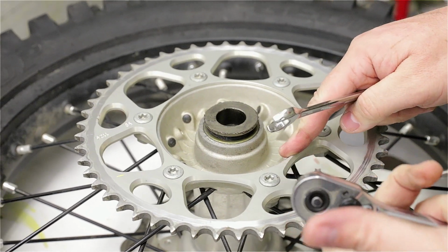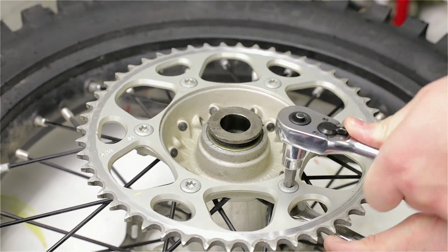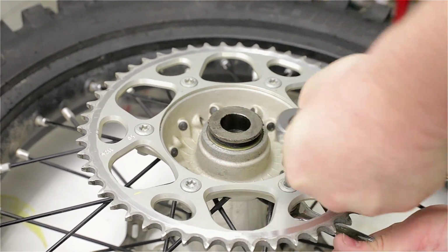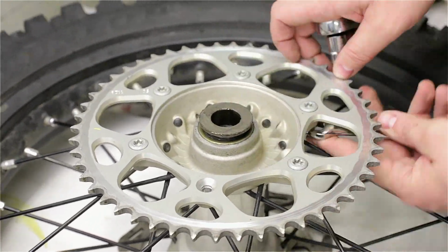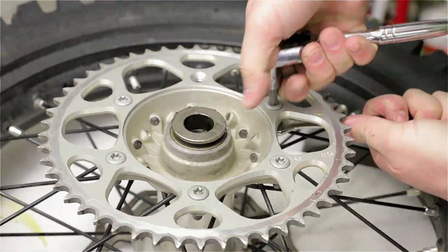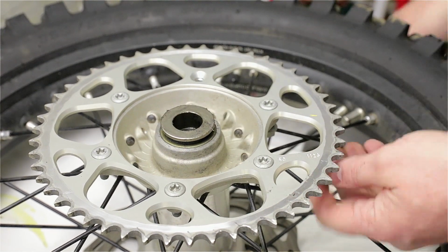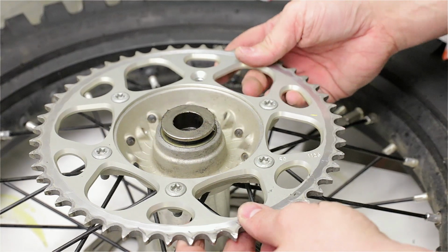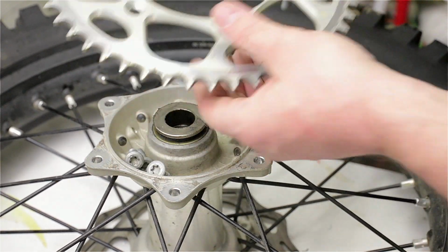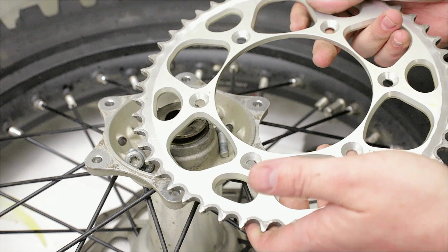Okay, so remove the sprocket, T45 and 30 millimeters. Well, that's for my wheel. Different bikes might be different, I guess. So old sprocket out, and again this one I'm going to reuse. It's still in good shape. It only has maybe 10 hours. Well, it does have 10 hours because the bike only has 10 hours. So I'm going to keep this for reuse